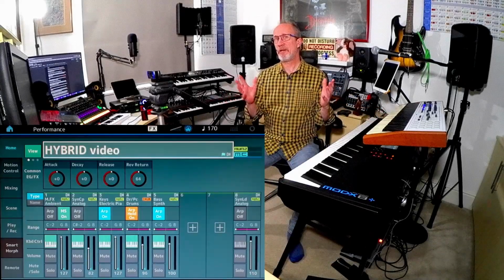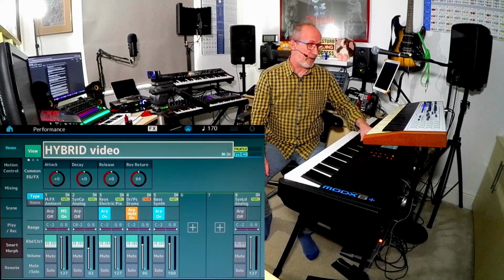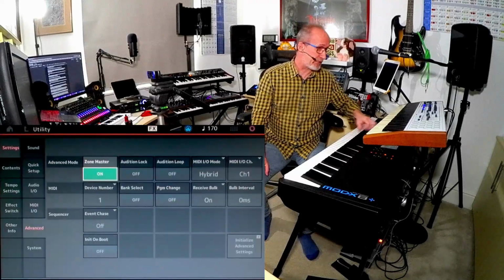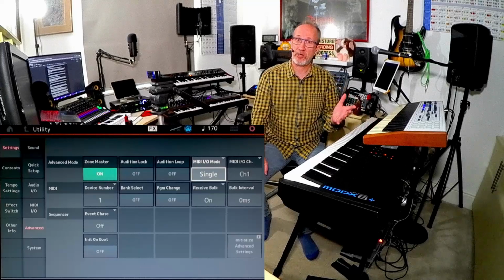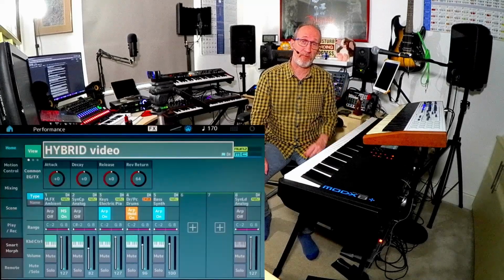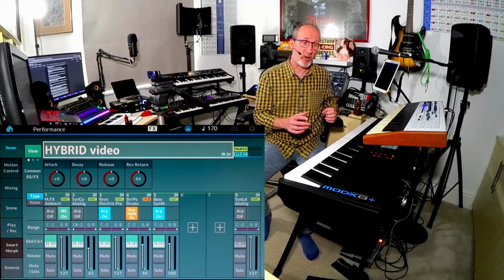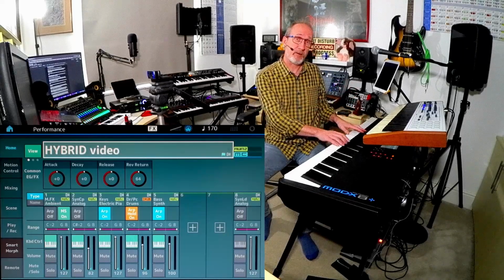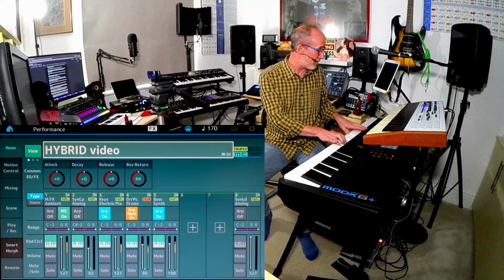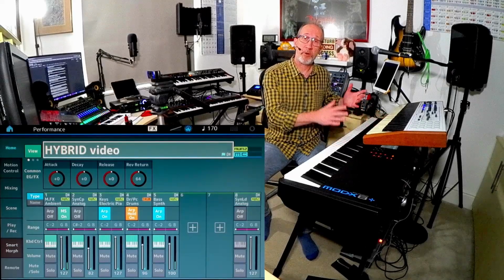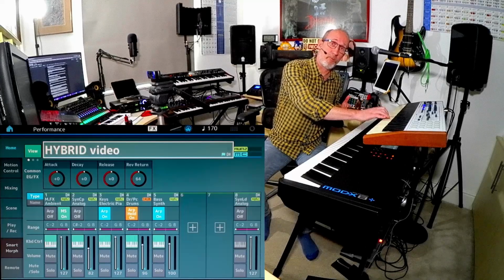So how does this really differ from single and multi modes? Well, if we go back into the utility screen and then move from hybrid to single and then go back to our performance, with the keyboard control turned off on part 8, I can play parts 1 to 5, but I can't play part 8 on my Keylab like I did before,